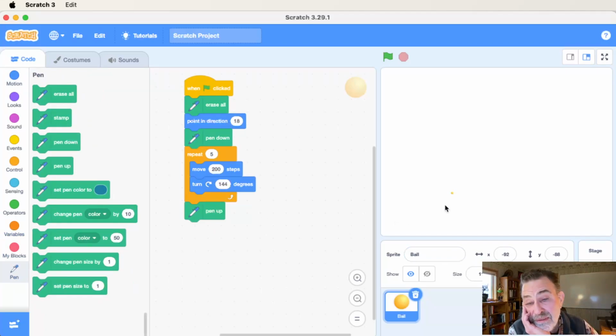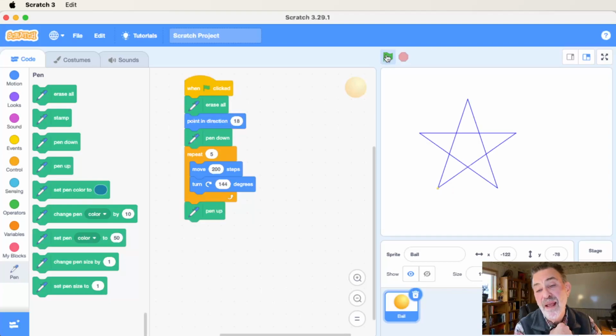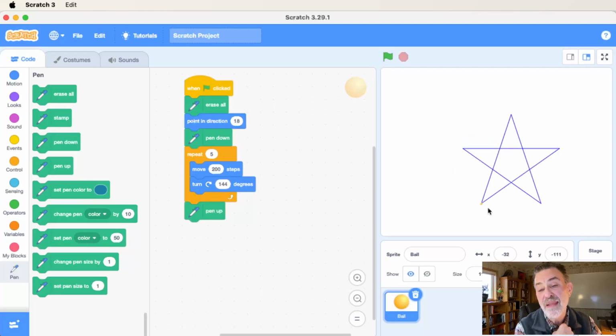And now let's see if that works. Here's my little starting point, my little ball, and we're going to let it trace out a star when I hit the flag. And there's a pretty star. It goes so fast you really can't see it, but if you wanted to slow it down somehow, I guess you could. Once you figure out how to do something in Scratch, you can always make it a little bit fancier. You could make a custom function block to change what the size is that you want to do. If you want to go 100 steps instead of 200 steps, then it makes a smaller star,